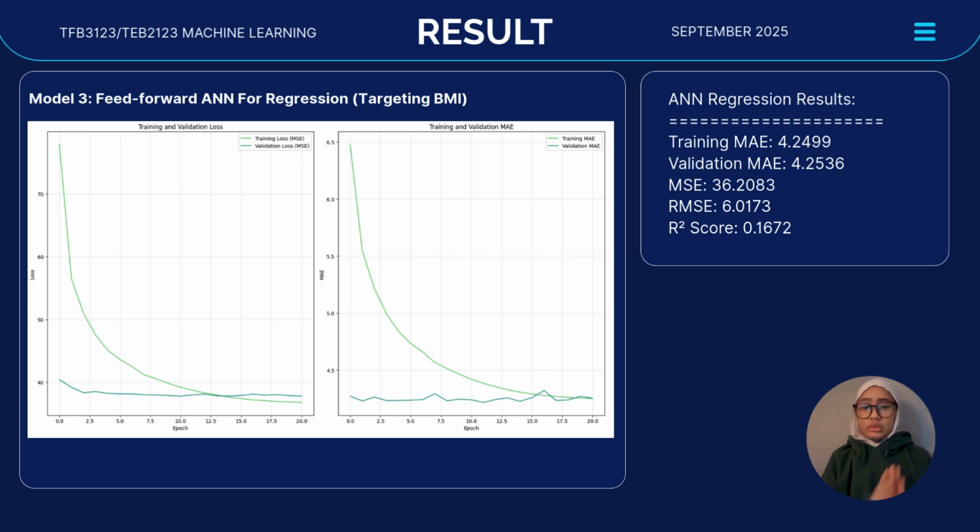Our third model was the artificial neural network model, which is a deep learning approach that we use here for diabetes classification. The ANN model, due to its complex nonlinear architecture, was highly effective at learning the training data, which achieves a training accuracy of nearly 77.65%. However, when tested on unseen data, the validation accuracy dropped to